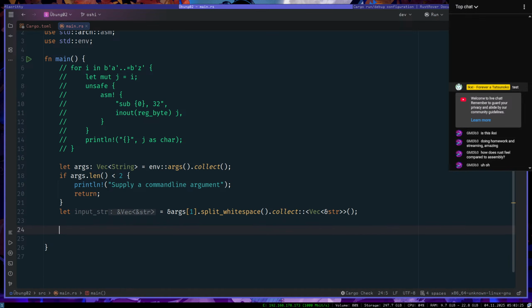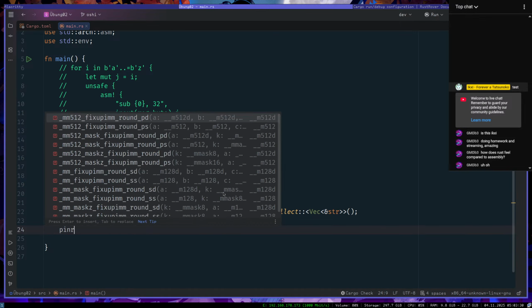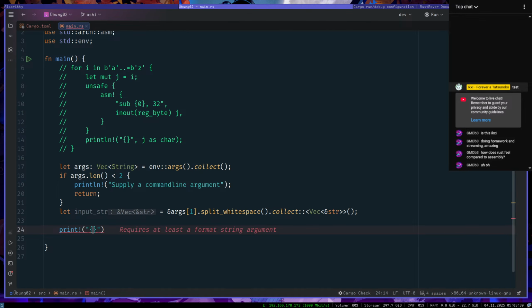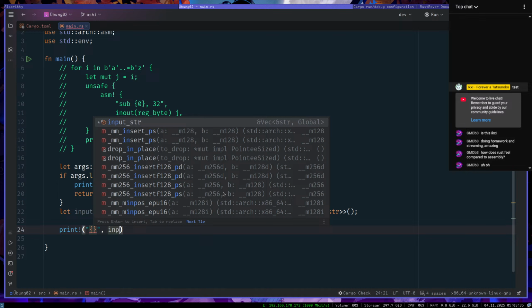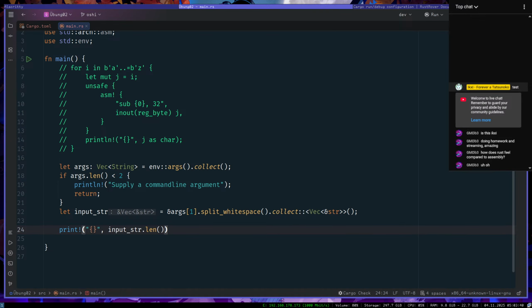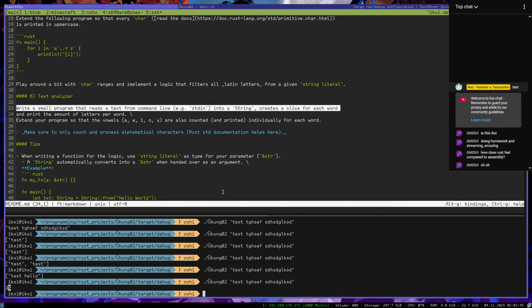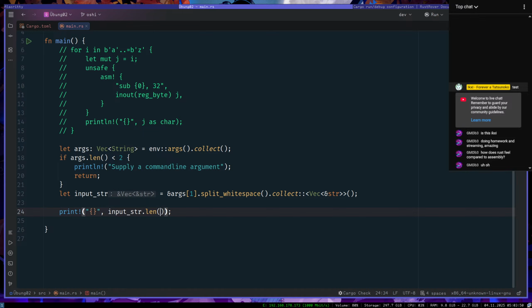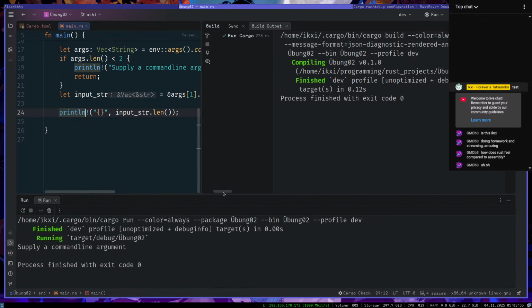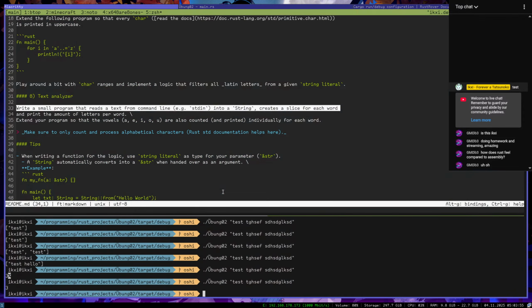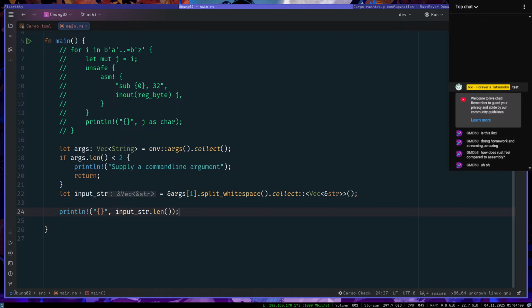So, print input string length. Okay, 3. Yeah, it's because I didn't use the right println. There we go. Okay. It works.